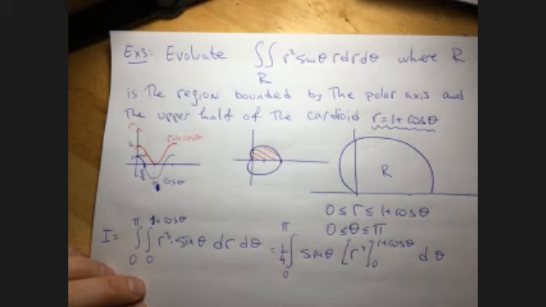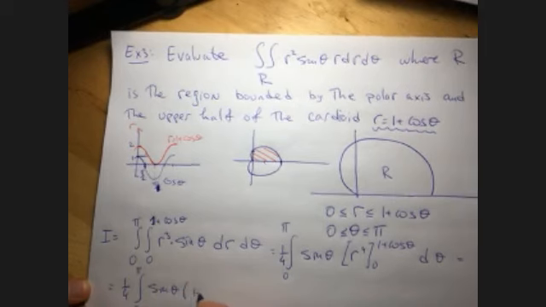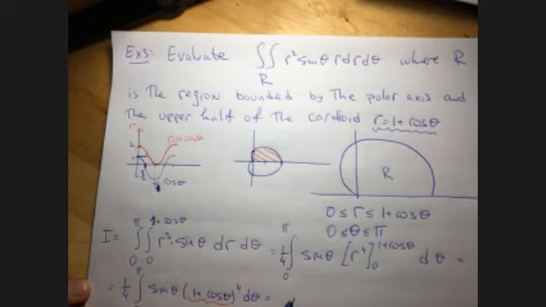I thought it was going to be a long process, but then I just saw the chain, the substitution rule. So this is 1/4 integral from 0 to pi of sine theta times (1 plus cosine theta) to the power of 4 d theta. Okay, and I take this as my u. So 1 plus cosine of theta is equal to u. du is equal to negative sine theta d theta,